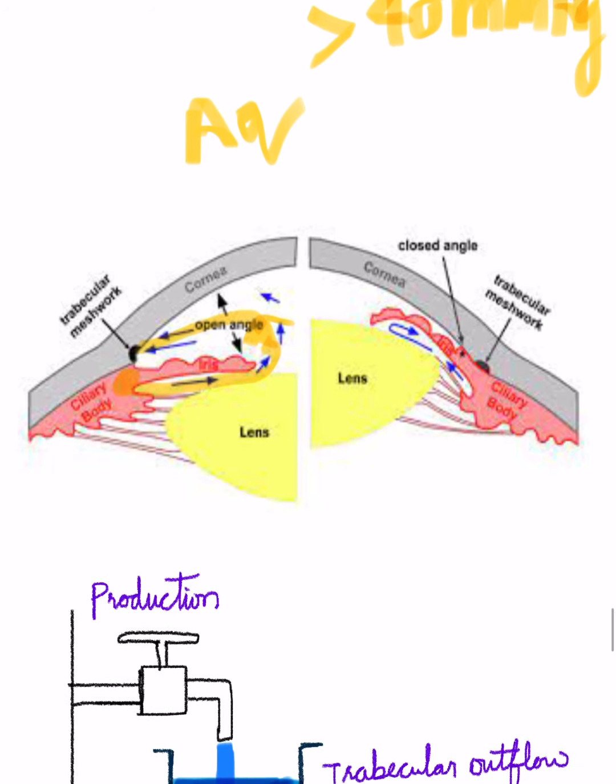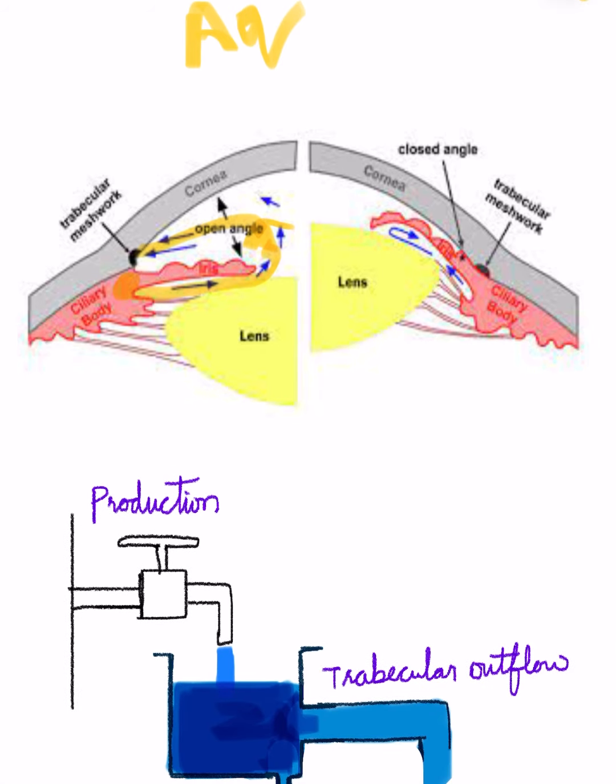The aqueous humor is essential for providing nutrients to the avascular structures, that is the cornea and lens. As the cornea and lens are avascular structures, the aqueous humor transmits the nutrients and removes the inflammatory cells. So the pathology in glaucoma is